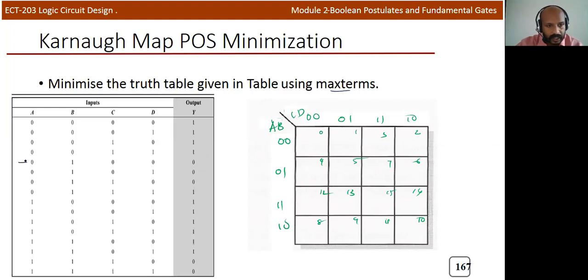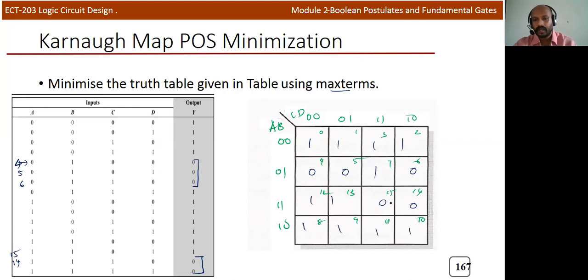If you look at this particular expression 0, 1, 0, 0, it's actually indicating 4, and the next one is 5, next one is 6. So three values here you can see, and finally two zeros, which indicate 14 and finally 15. So the zeros are in 4, 5, 6, and finally 14 and 15. All other values are 1. Now we need to group this. So we can take this as a single group.